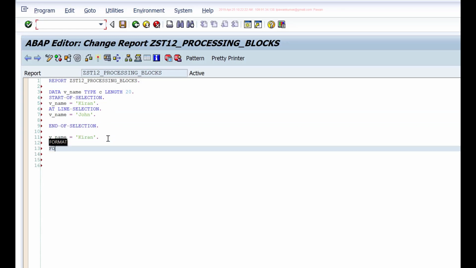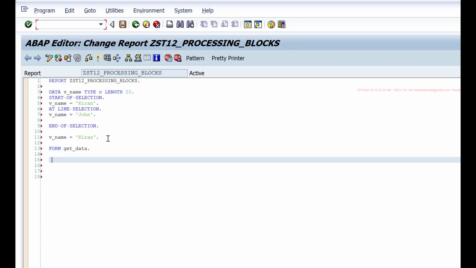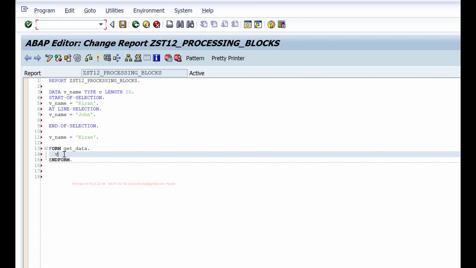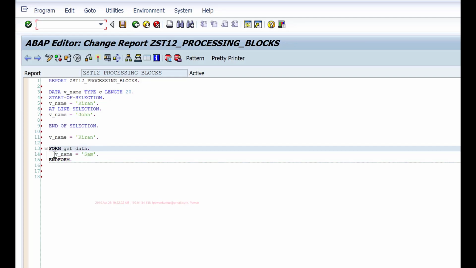And if I have another processing block, let's say form get data end form, this is another processing block, but this is not an event, so I have to end it explicitly by using an end keyword. Whatever code I write here will belong to this processing block, form end form.